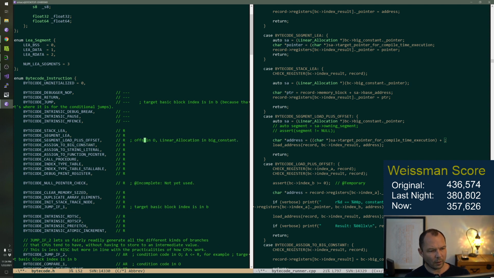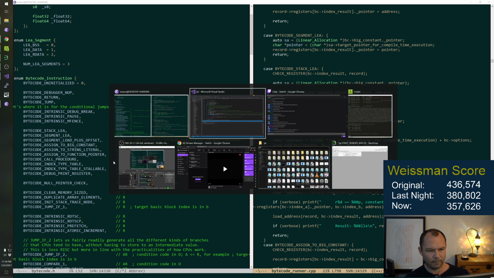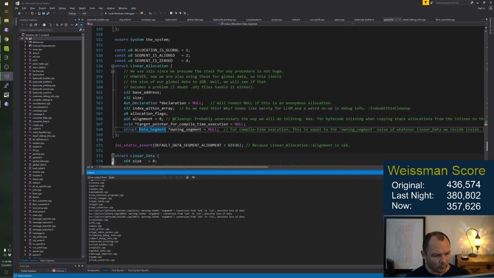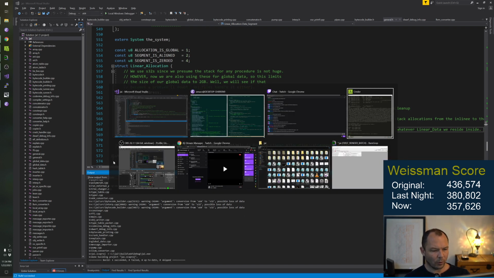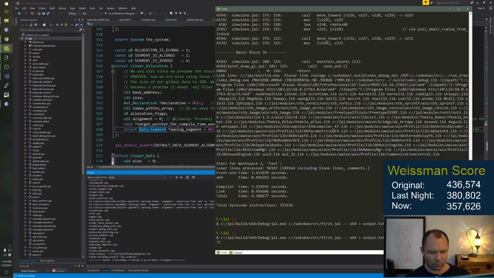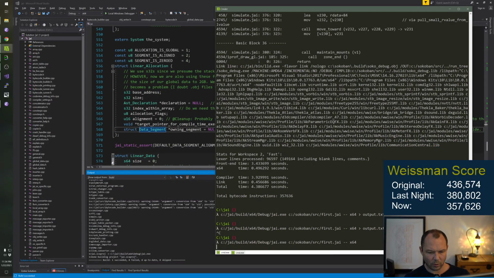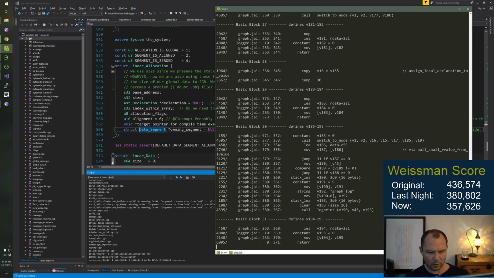The offset is in O. Okay. All right, let's just make that compile. Make sure it runs. We're not using any of this yet. Whoops. So, yay.